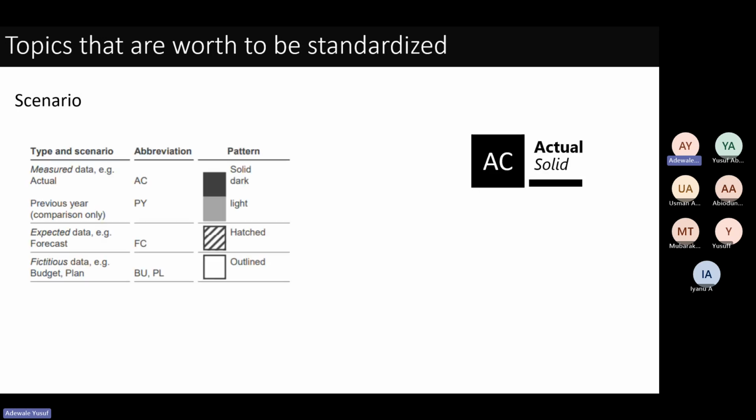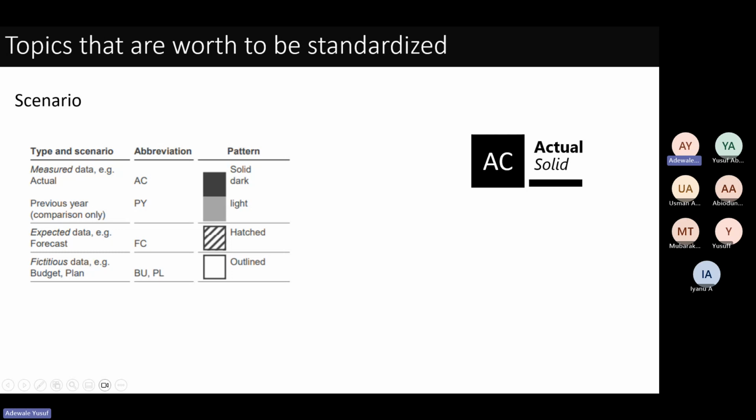Now, some school of thought has come together, and they were like, there are some topics you need to standardize when you are doing visualization. When you want to talk about actual, the school of thought we call IBCS, International Business Communication Standard. You can research them online. Go and look for them. IBCS, International Business Communication Standard.